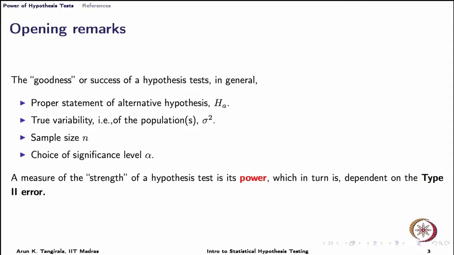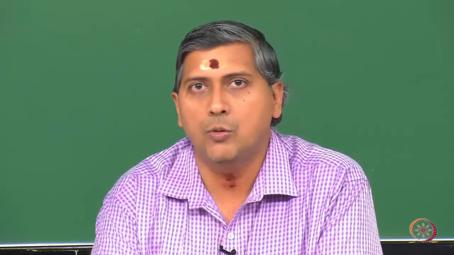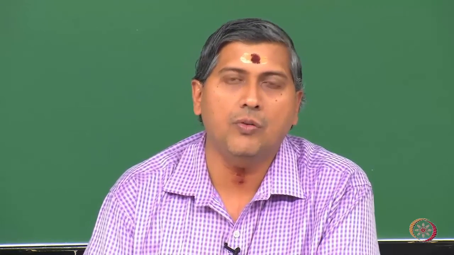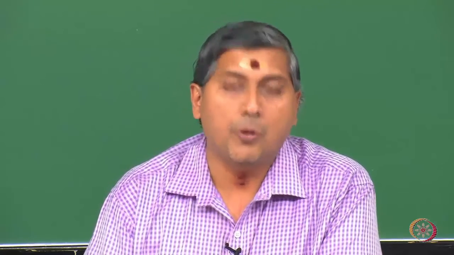If you recall, one of the things that we said is that this alpha is nothing but your type 1 error, and as it stands there is quite a bit of freedom on the user's part, but then remember that there are two kinds of risks involved in hypothesis test. The alpha corresponds to one kind of risk, which is the risk of rejecting H naught when it is true, and that we call a type 1 error or the probability of the type 1 error, strictly speaking.